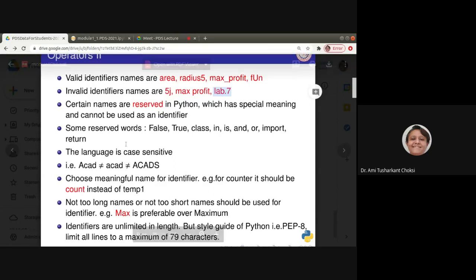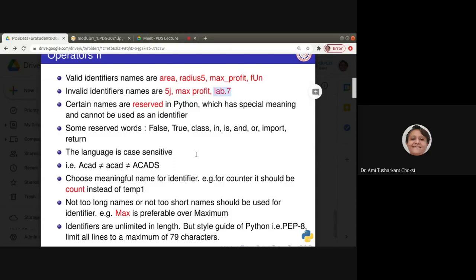Right? The language is case sensitive. So if we have written it as a mix of, say, upper and lower characters, it is not equal to small letters, it is not equal to the capital letters. Right?